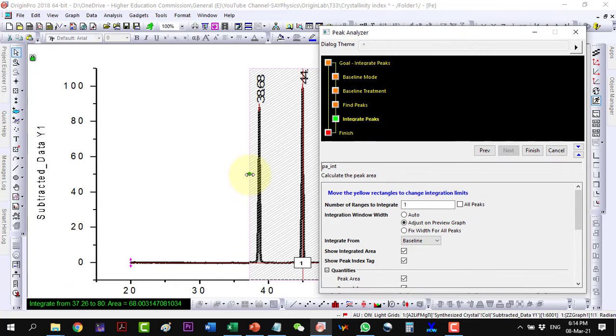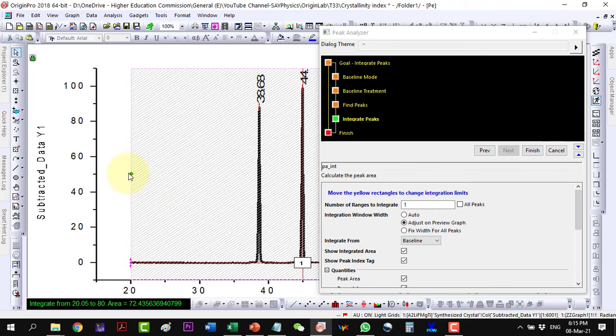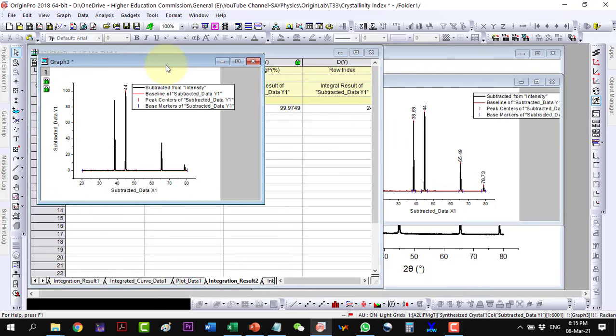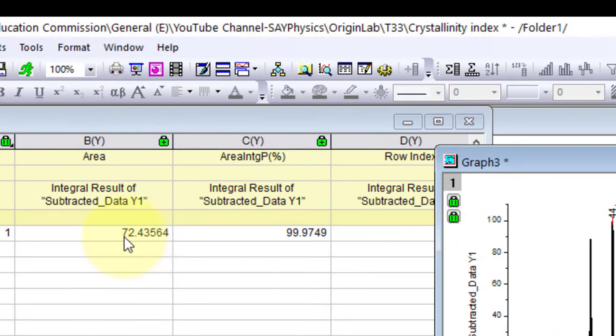And similarly this one ends as well. And this will give me the total area of the crystalline as well as amorphous peaks. And finish. So it would have calculated the total area, and here it is, which is 72.435.